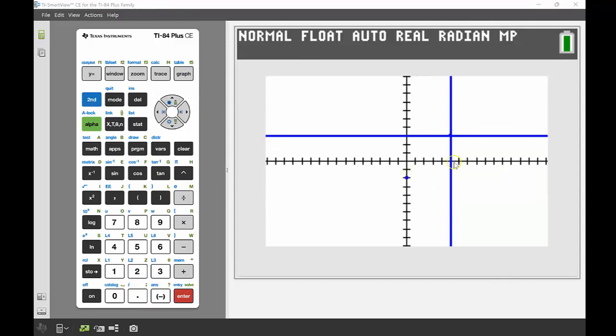So now when I'm thinking about my gradient, this information just helps me think about what my line's going to look like. So I'm going to have a positive gradient because it's going to be going through those 2 points. And we're going to be going up in the y direction, a difference of 1, 2, 3, 4, 5 units, and also 5 units across in my x direction as well. So I'm going to have a gradient of 5 divided by 5. So that gives me a gradient of 1,